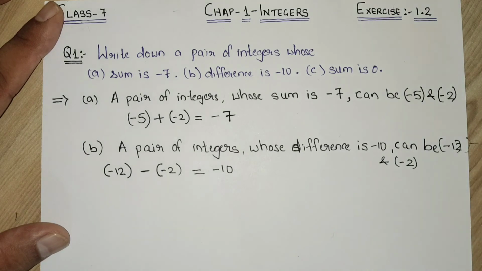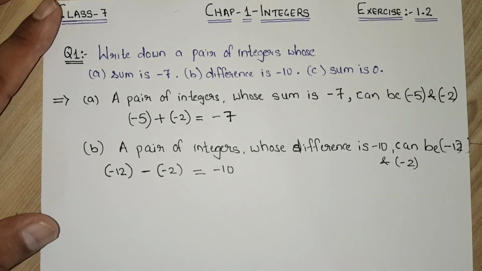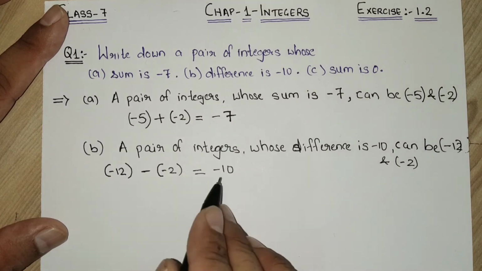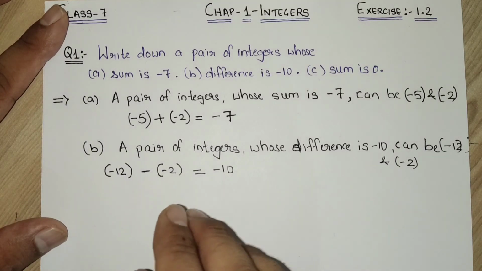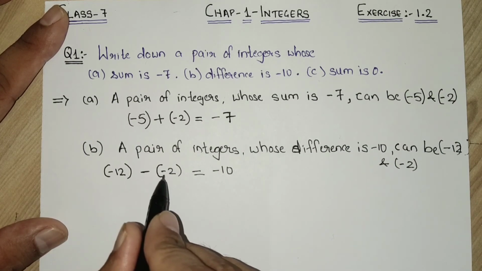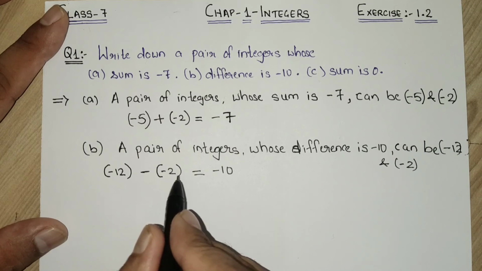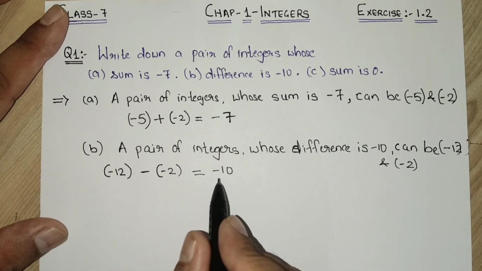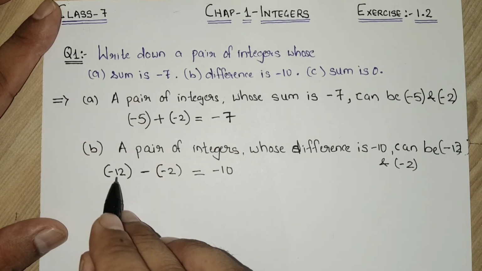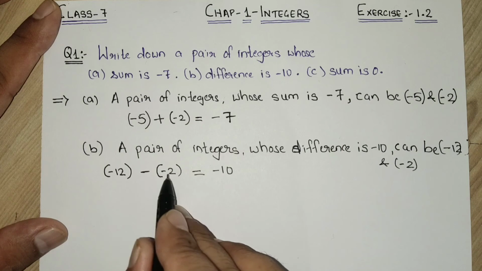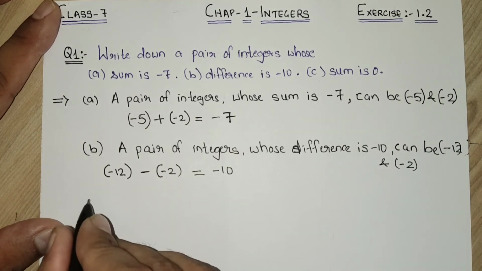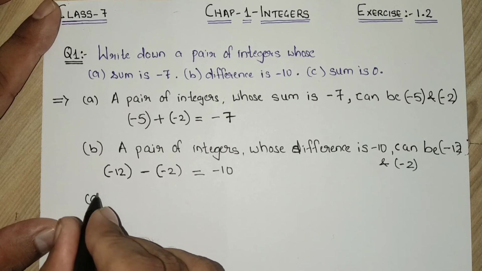Students, it can be other two numbers also. Let me give you one more example whose result is minus 10. That is minus 14 if I am writing over here, and I am writing minus 4. Then again I will get minus 10. You must try with that number minus 14 and subtract minus 4 from it. You will get the same answer, minus 10. Try it yourself at home.